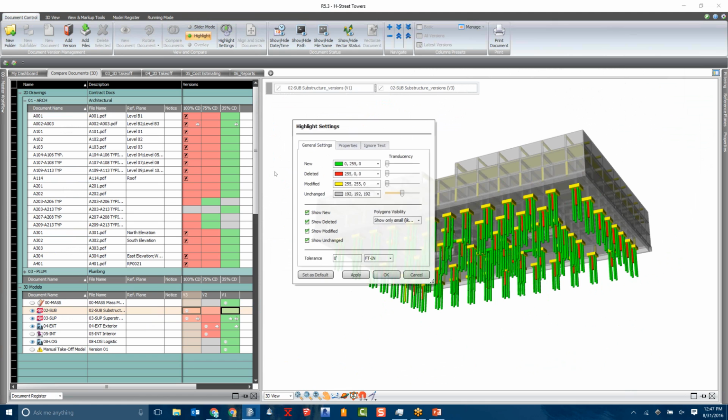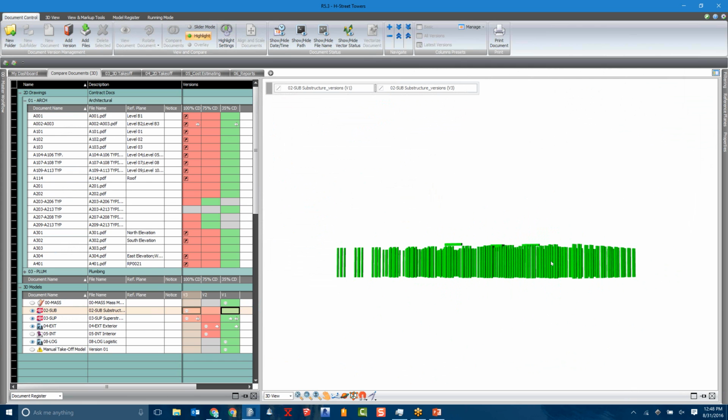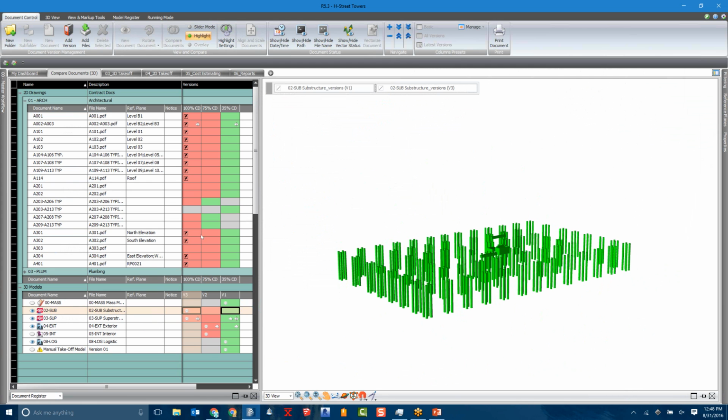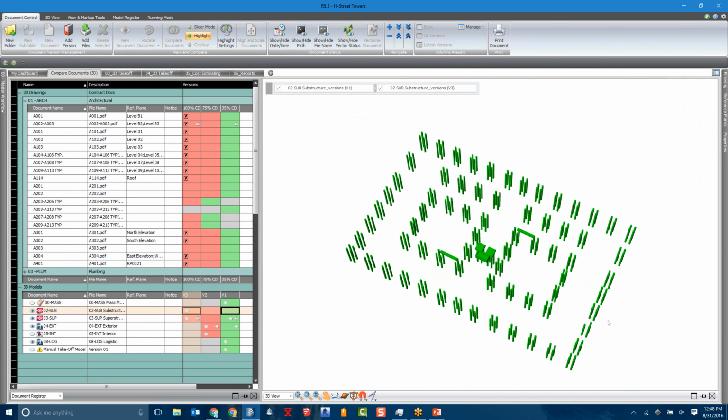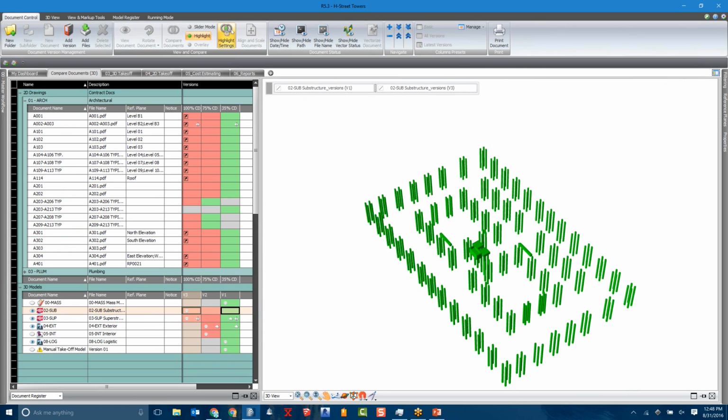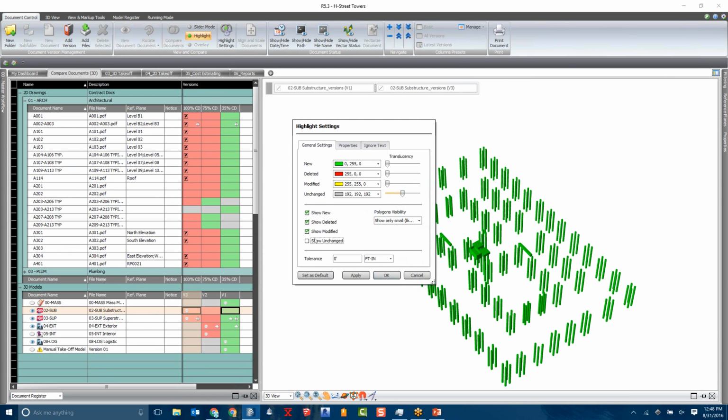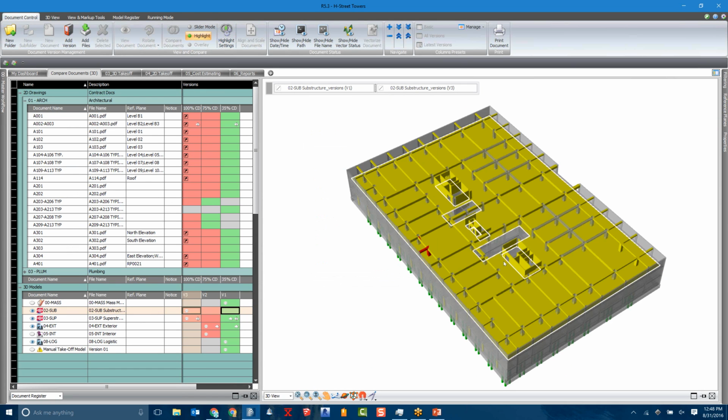And again, show maybe just new. And I have a way to actually set a tolerance. So if, for example, I don't want it giving me any information on anything that's less than an inch of movement. And I can see all the new items here as well. So we can easily understand what is the scope of work, how has it changed, how has it evolved, and quantify it. And if we go back and show all our items, we can quickly understand,